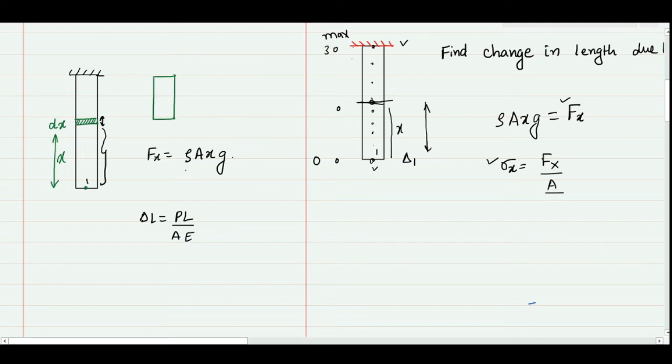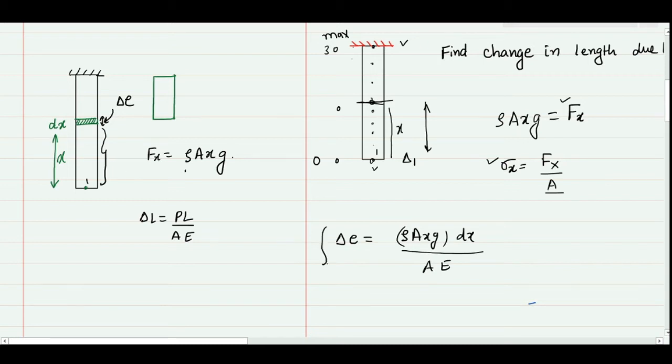So when I put these values in this formula, and let's say that the deformation for this length is defined by del e, my del e will be what? Del e will be the loading, that is rho A x g, times the length of the section, that is del x, divided by the cross section area and elastic constant. This is the deformation in this small section.